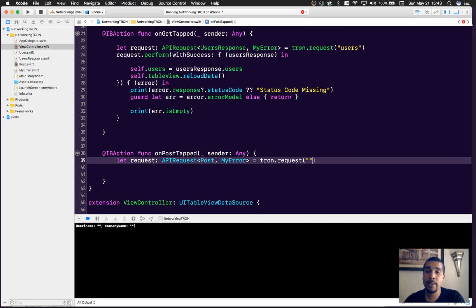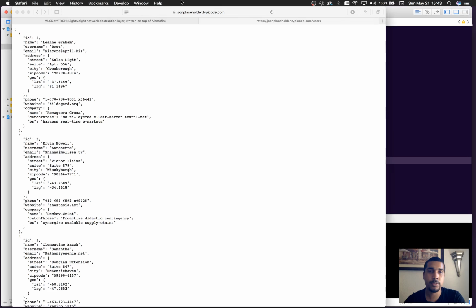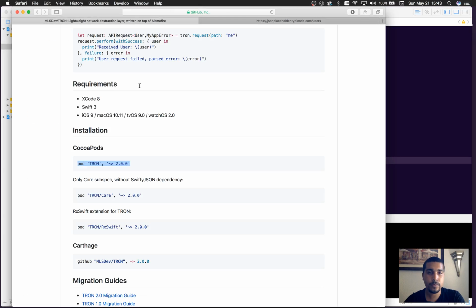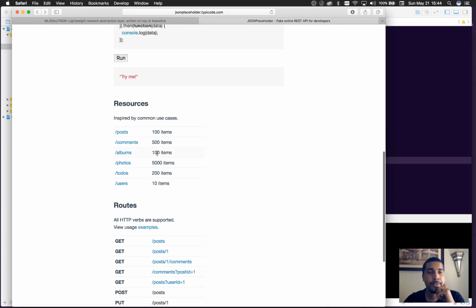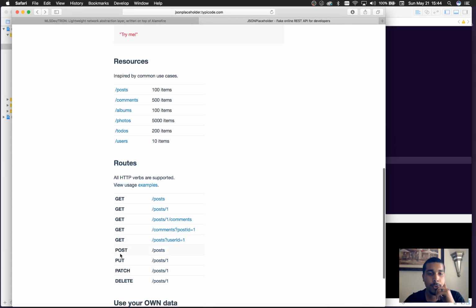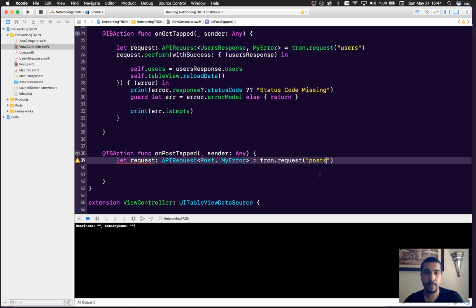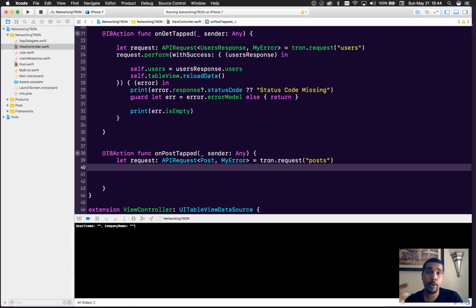This time the path, if you don't remember, it's posts plural. Let's double check that. Double check for safety. Yeah, posts. So if we want to do a post request, we use posts. And for post request, all we have to do is specify what kind of method we want. So request